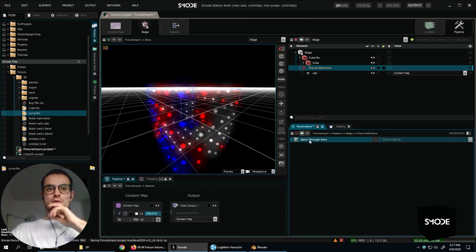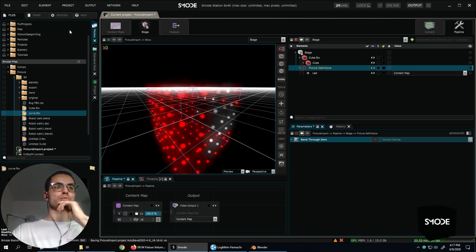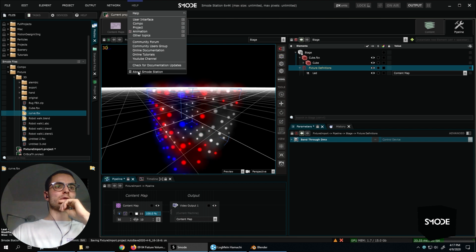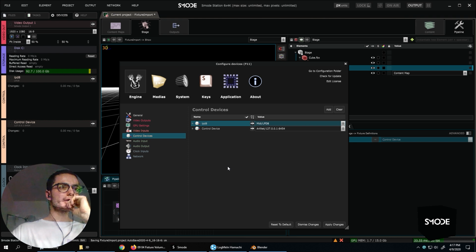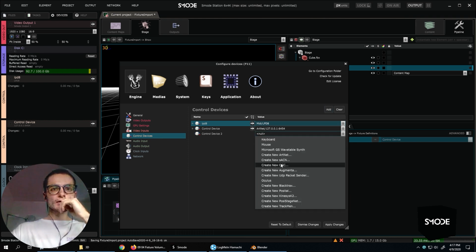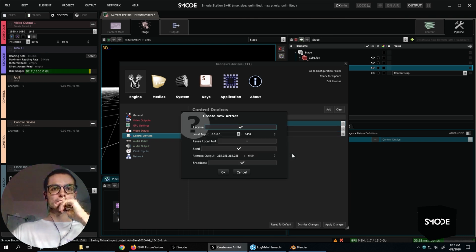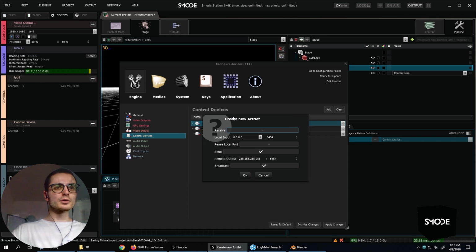Into the fixture, we see that we have the setting to send to DMX output. So let's go into the device tab and add a new control device. And we can add here an ArtNet or an sACN. Let's add an ArtNet. We can disable the input, and in the output I will leave the broadcast, so it's broadcasted all over the network.